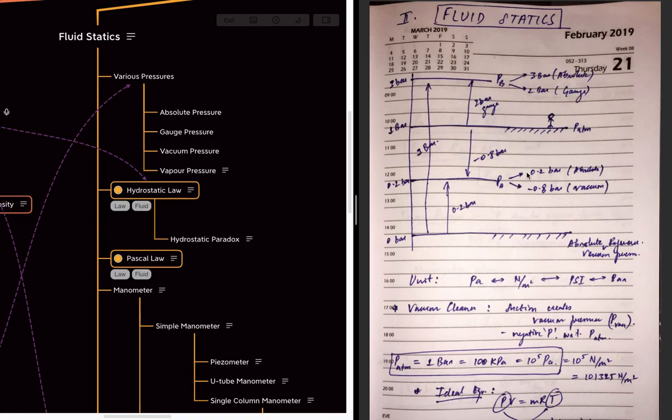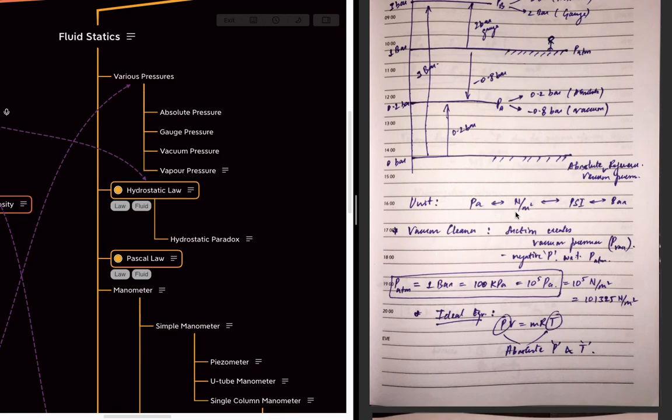The units for pressure are Pascal, Newton per meter square, or PSI. In a vacuum cleaner, the suction which creates the vacuum pressure is called vacuum pressure, and it has a negative value. One atmospheric pressure is 1 bar, which is equal to 100 kilopascal or 10 power 5 pascal or 10 power 5 Newton per meter square, and the exact value is 101325 Newton per meter square. So from the ideal gas equation, that is PV equal to mRT,